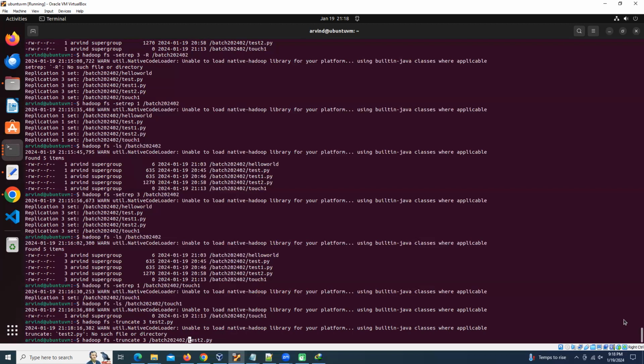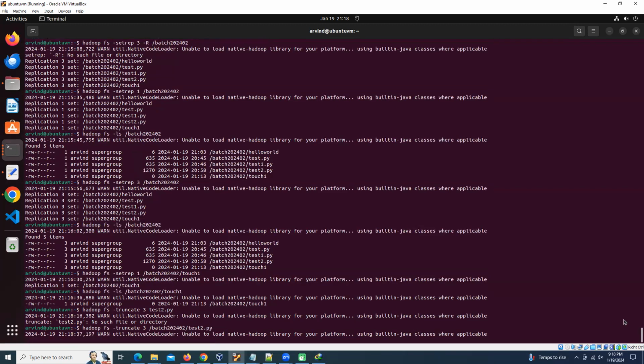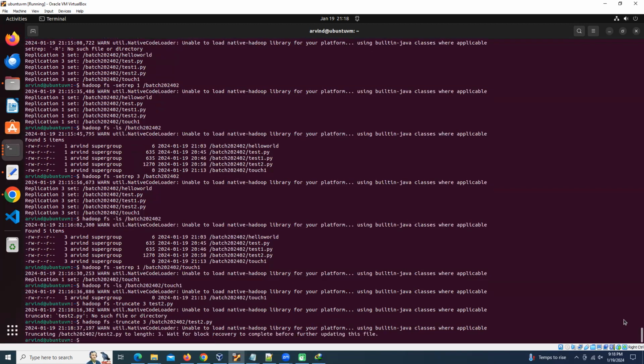So this 3 means it is truncating 3 characters. So now it is saying the file length is truncated to 3, only 3 characters now. So if I do the hadoop fs -cat command,